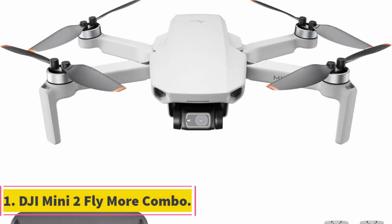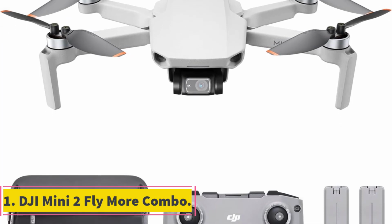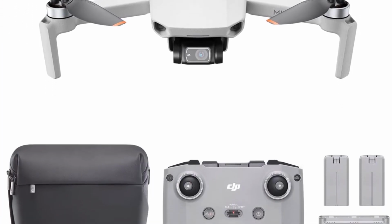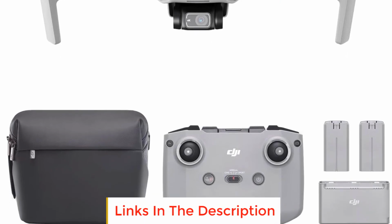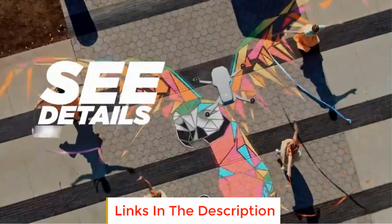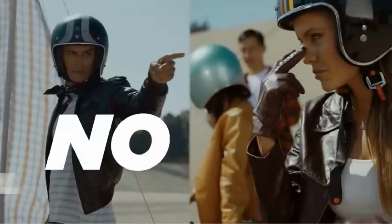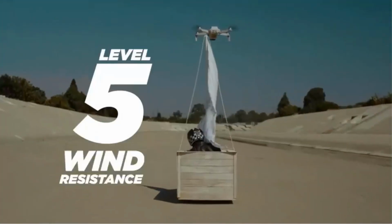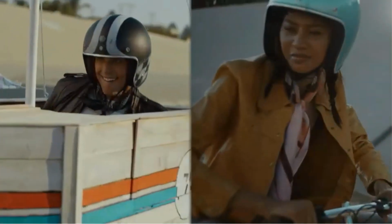Number 1. DJI Mini 2 Fly More Combo. The DJI Mini 2 Fly More Combo is a compact and lightweight drone designed for travel enthusiasts and videography enthusiasts, weighing in at less than 249 grams, which is roughly equivalent to the weight of an apple. This small drone fits comfortably in the palm of your hand. Its portability and convenience make it an ideal travel companion, allowing you to transform the way you capture your favorite